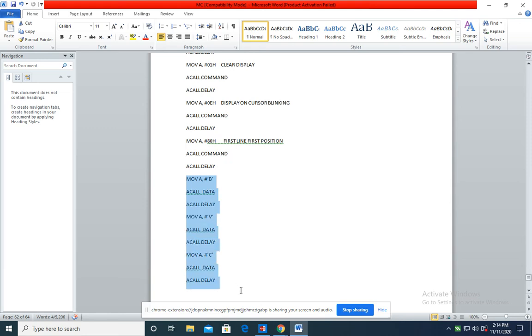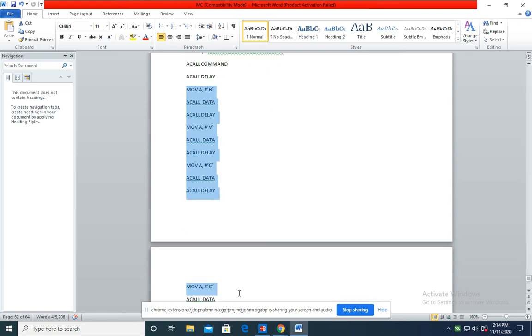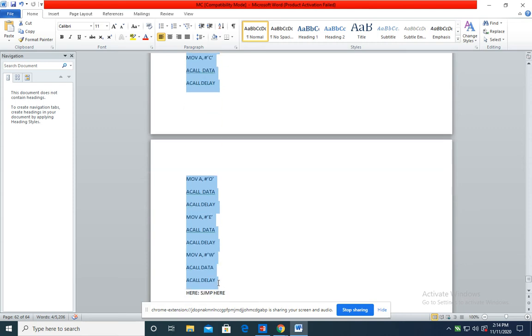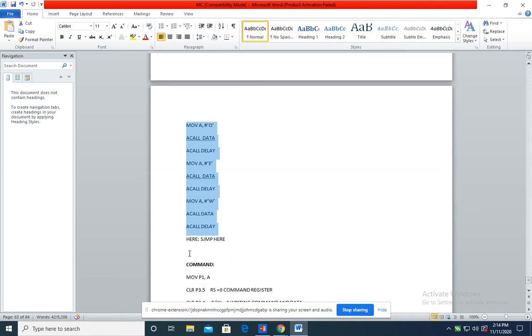VVCOEW we are going to display on the LCD, so it will display on the first line, first position. To continue this operation we will use the instruction jump here, so your microcontroller will remain in this loop until you turn off your power supply, and this text will be displayed on the LCD panel starting from the first position, first line.